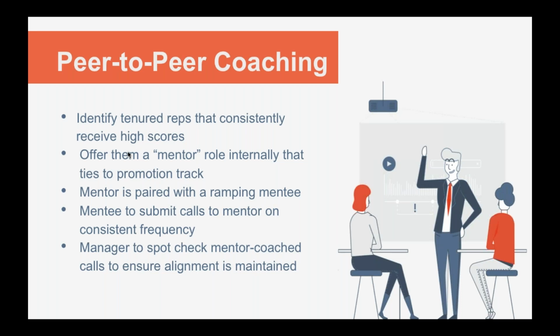but again, you still need to do your job as a manager. You've got to get in there. You have to manage the process, make sure that people are following the scorecard that you created, that they're giving feedback in a productive way.